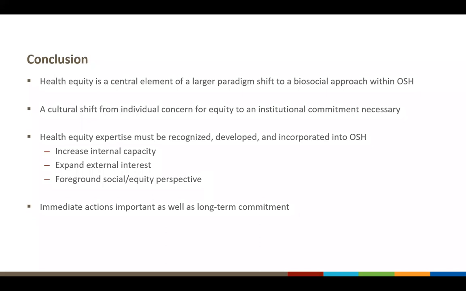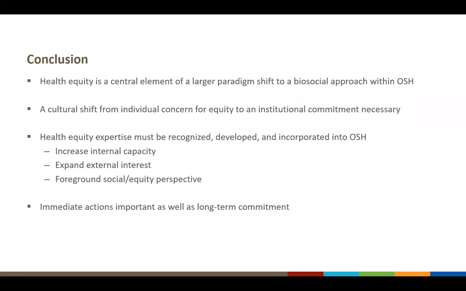And finally, how can we foreground a social and inequity perspective? I think that's through ensuring that we have social scientists and health equity experts in leadership positions within our organizations, and also in external roles, like on advisory boards and whatnot, that can help set the agenda and incorporate these social and inequity perspectives into the work